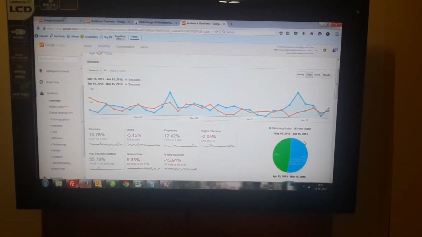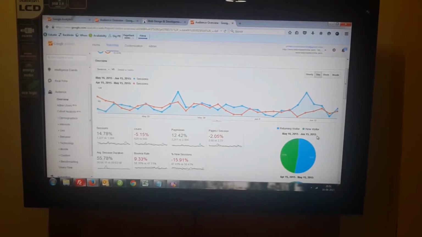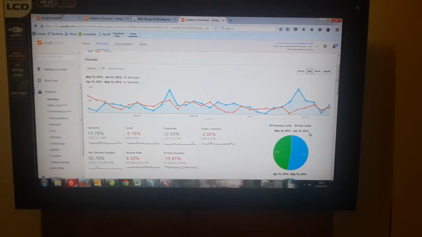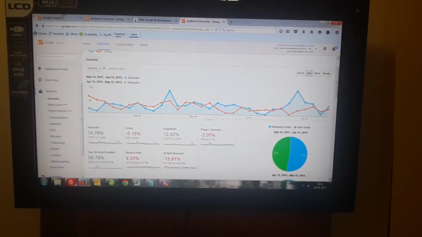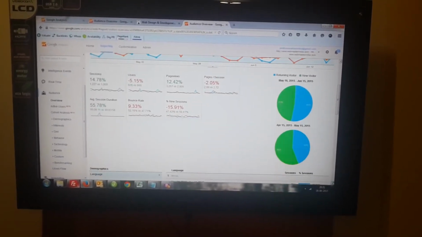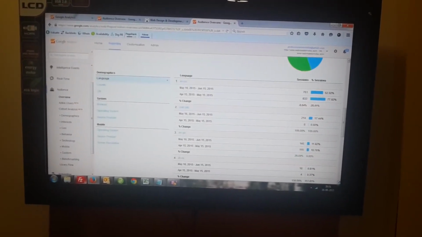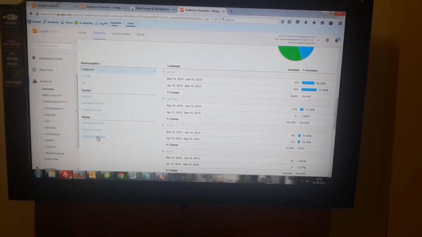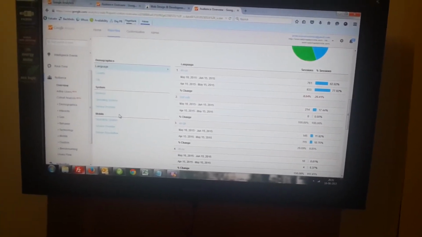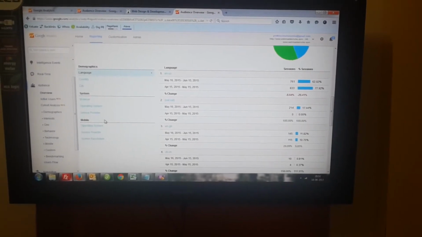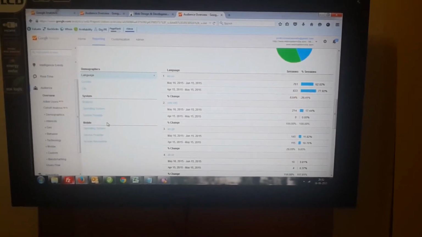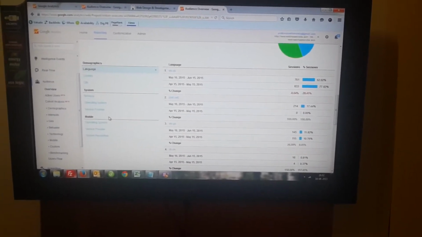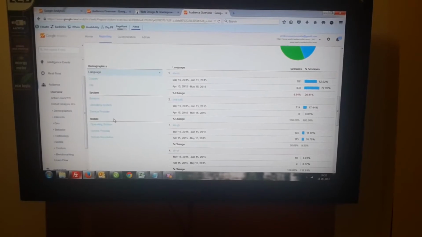Here you can also see the new visitors and returning visitors. If the new visitors have increased for your site, that is a good sign. In the audience report there are some other demographic parameters you can check, like language, meaning on your website which language traffic is increasing or decreasing.